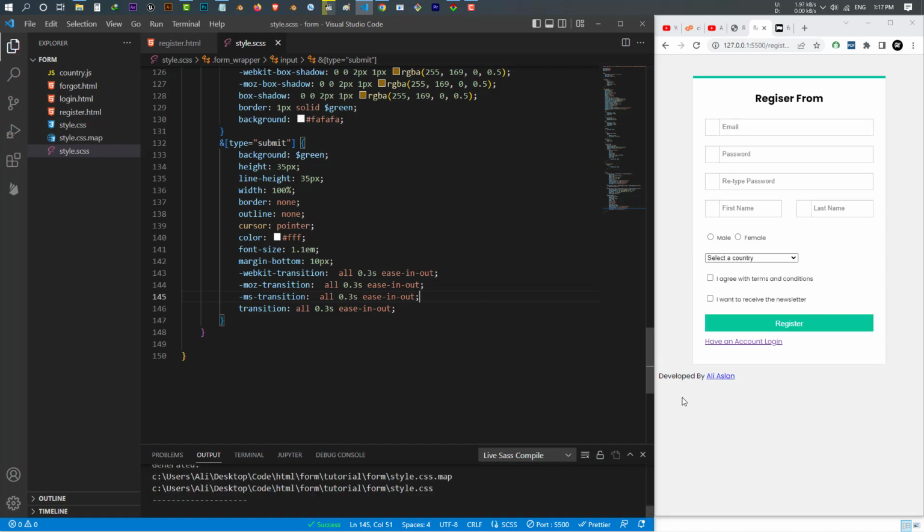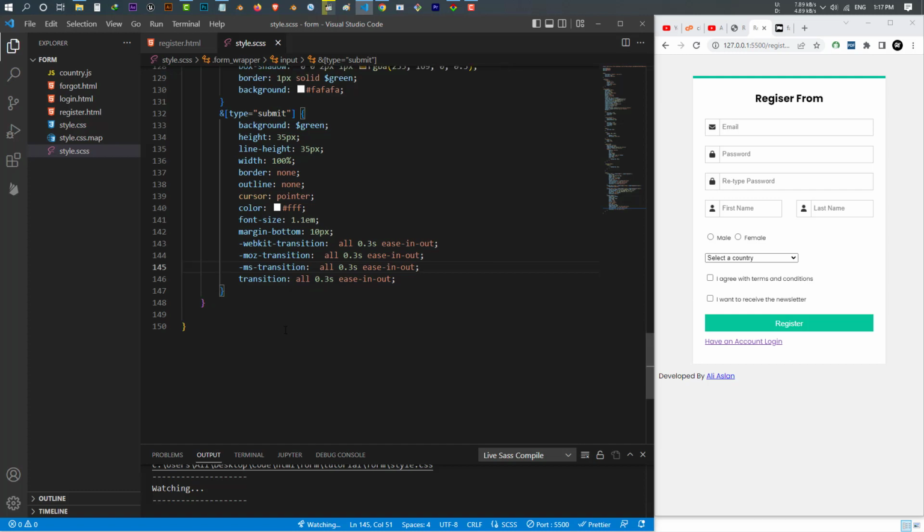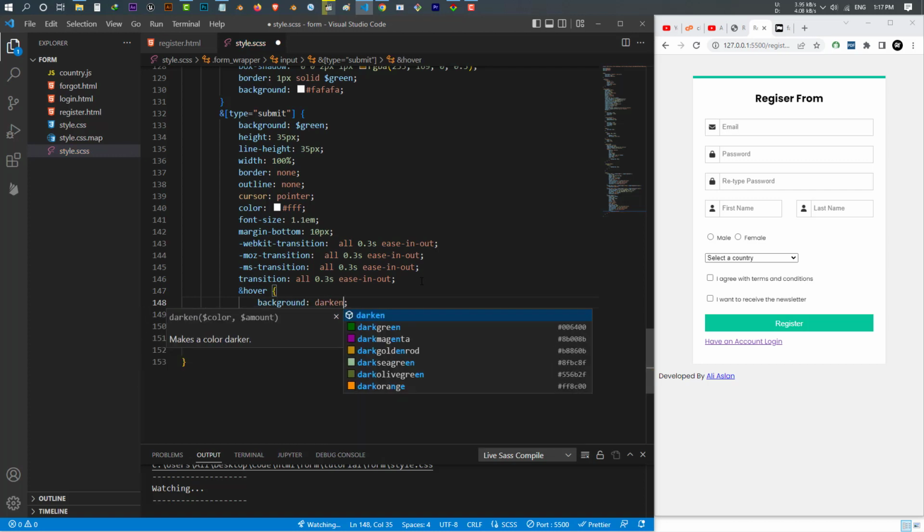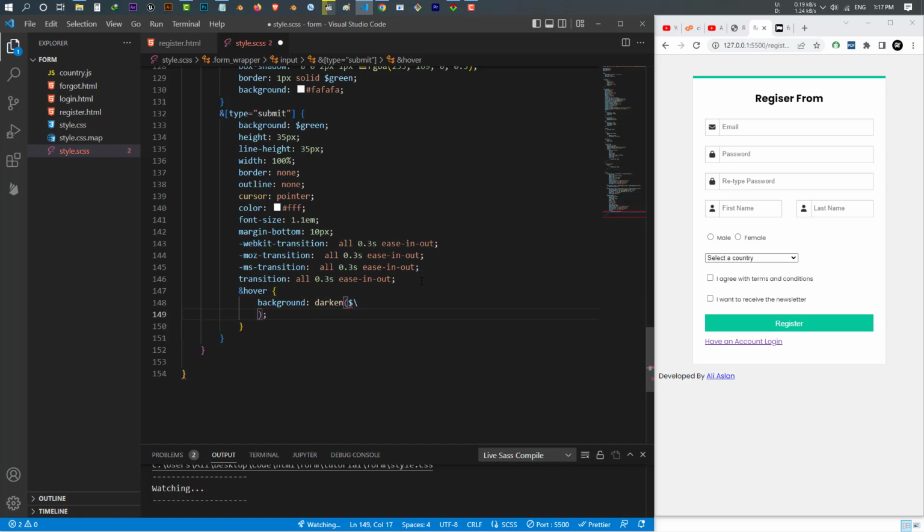After that, I want to give it a hover. You can use it inside this one, just say hover, and whenever it is hovered, I want to change the background color to darken. I want to darken that green color, so select that green color, where it is, the green color, and I set it to 7%. Now if I save,